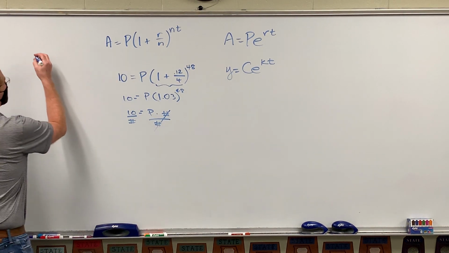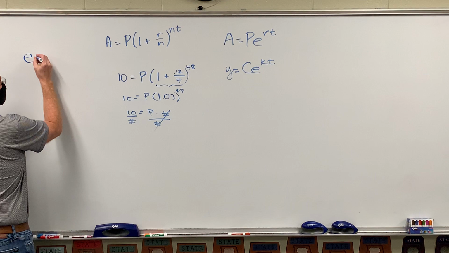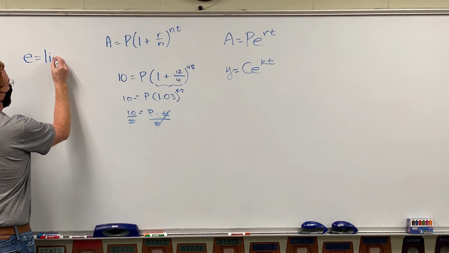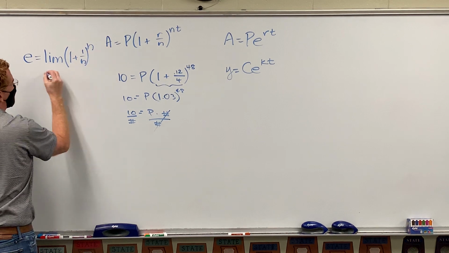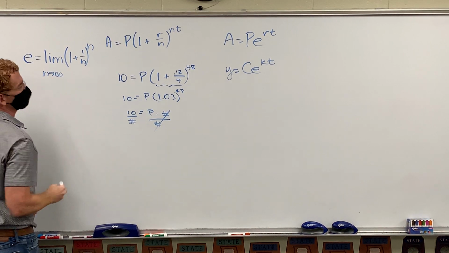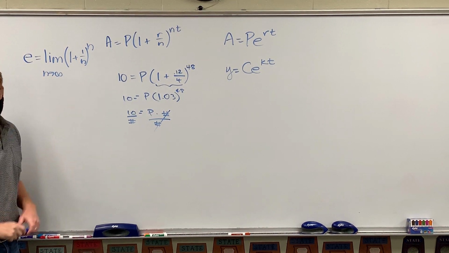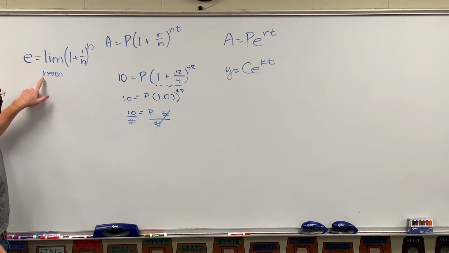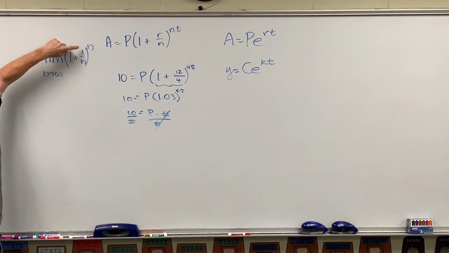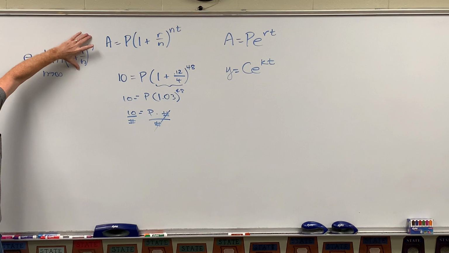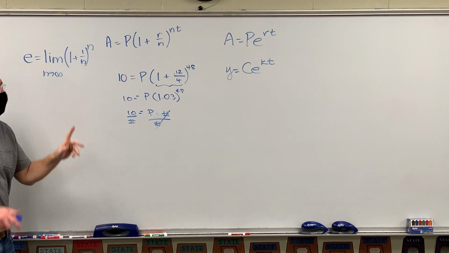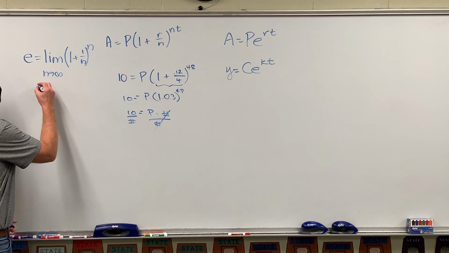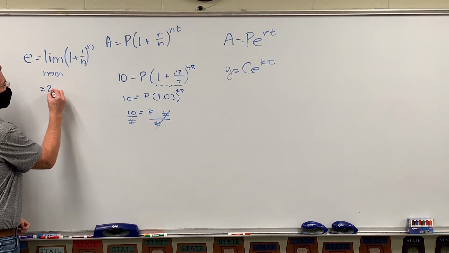First, you need to know this. E, even though you don't really know what a limit is, is the limit of 1 plus 1 over n to the n as n goes to infinity. And you look at it, what the heck does that mean? Well, that means as n gets bigger and bigger here, like not 100, not 1,000, not a million, not a billion, not a trillion, not a quadrillion, not a quintillion, whatever. As n goes to infinity, huge, this value starts becoming closer and closer to